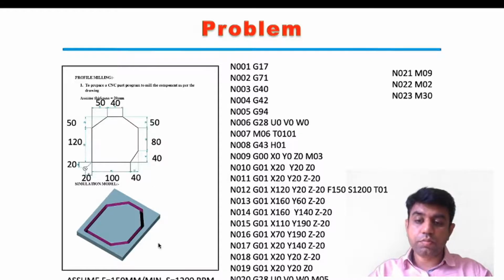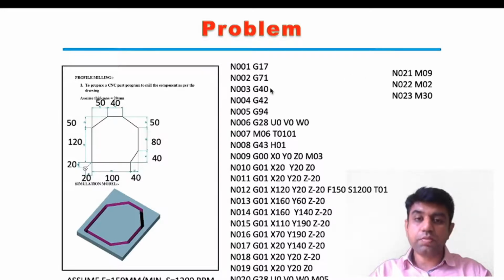We had just made the 3D model, so you will get a better idea that this will be the final object, but the raw material would appear like this, right? So let us understand how that solution begins. In the first line, we need to mention G17, which actually means that the workpiece is in the XY plane. The work table is along the XY plane. Only in that axis we need to work.